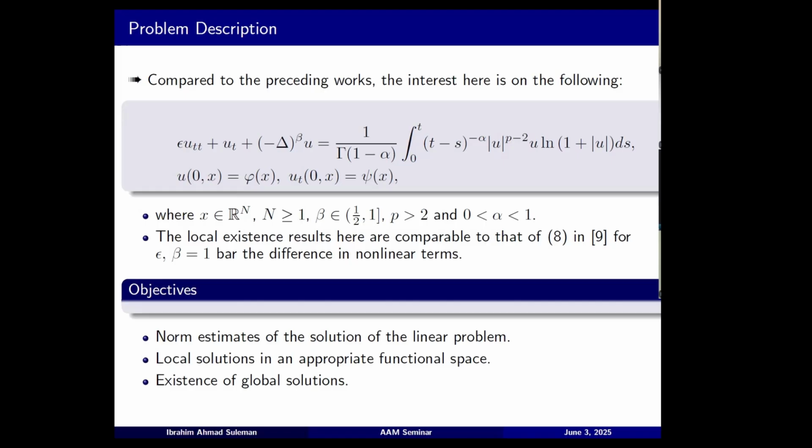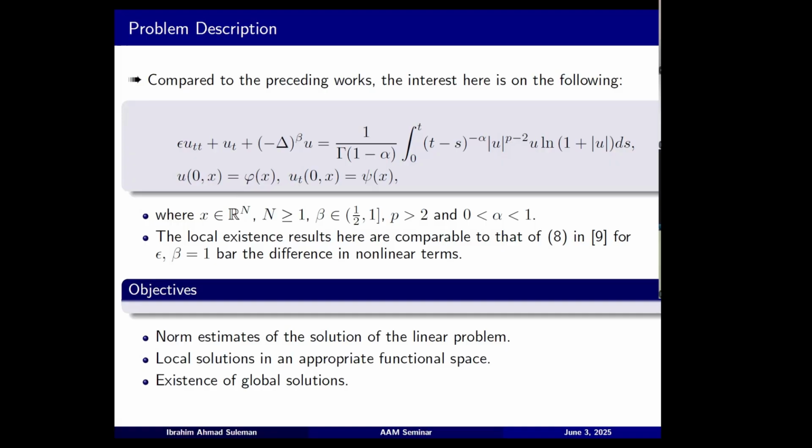We keep the parameter beta to be greater than 1/2. We'll see that we are restricted here because of issues like the Sobolev embedding theorem. The parameter alpha is strictly less than 1 here and greater than 0. This is also useful, as we'll see in the application of Grunwald's lemma, for instance. And as I've mentioned, our strategy is similar to the work of Dabiko and Fino. So I will state once more our objectives.